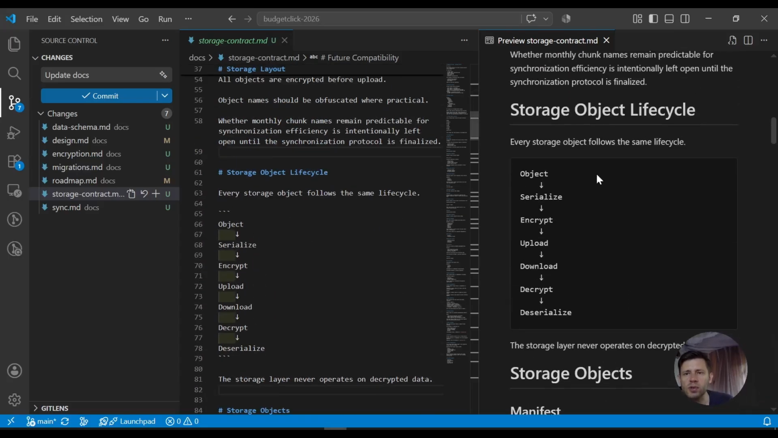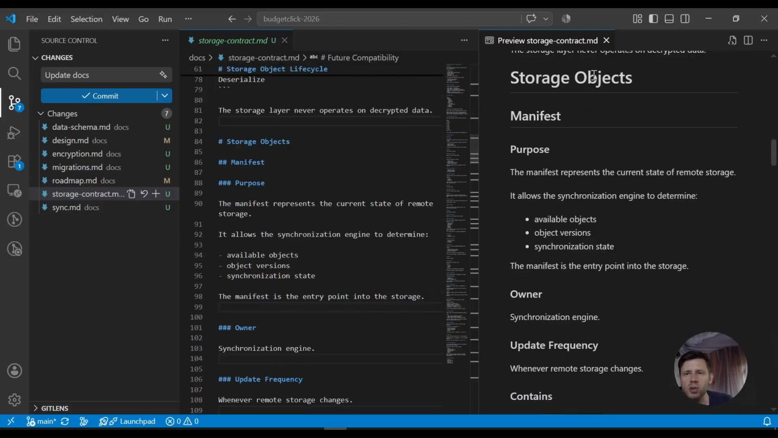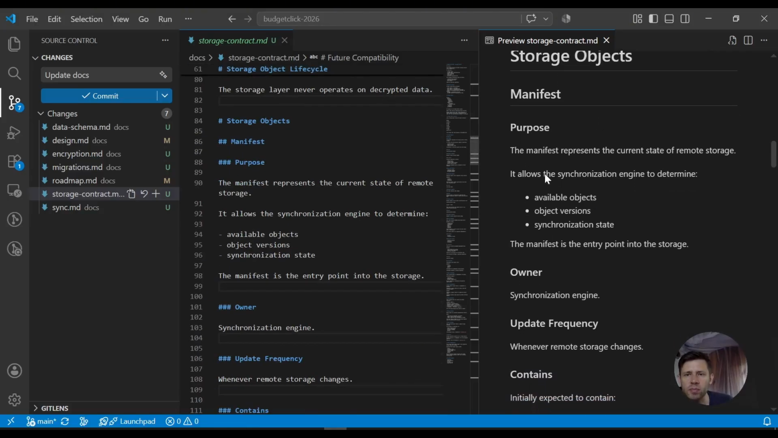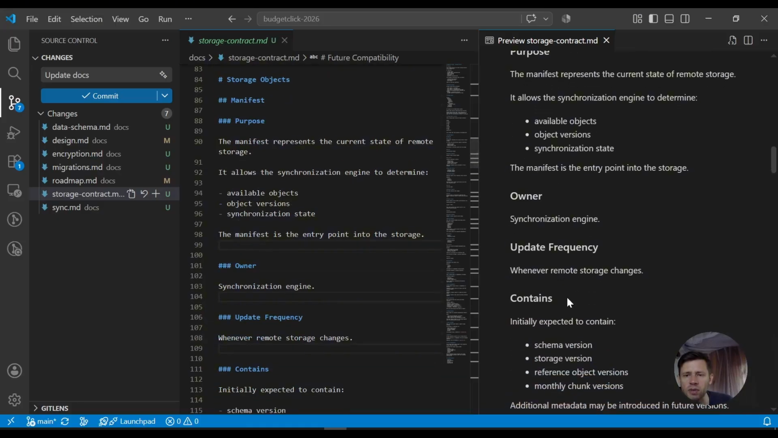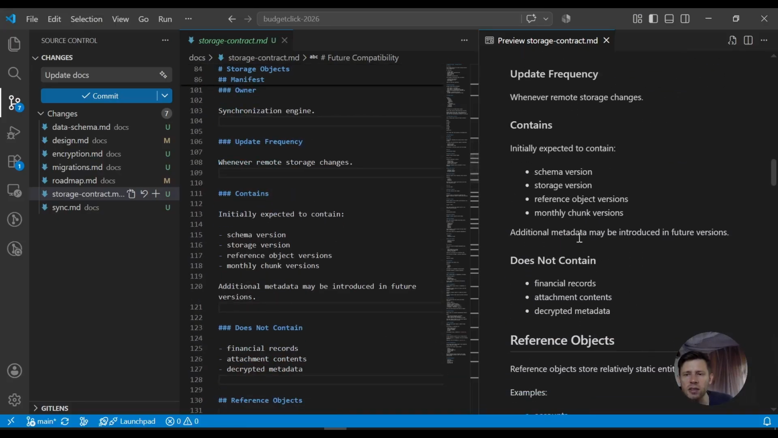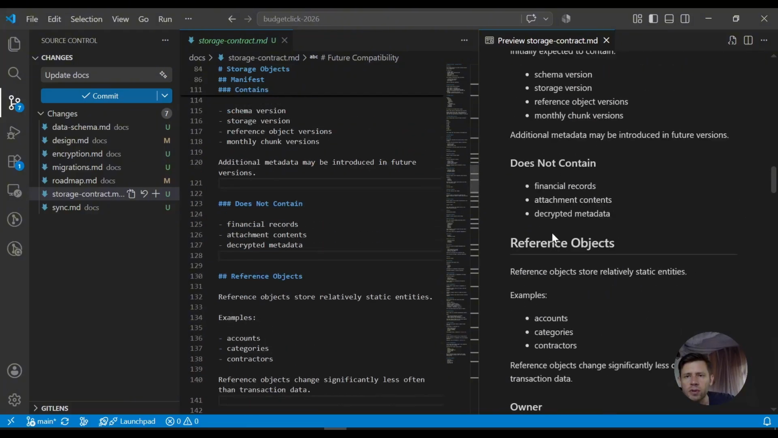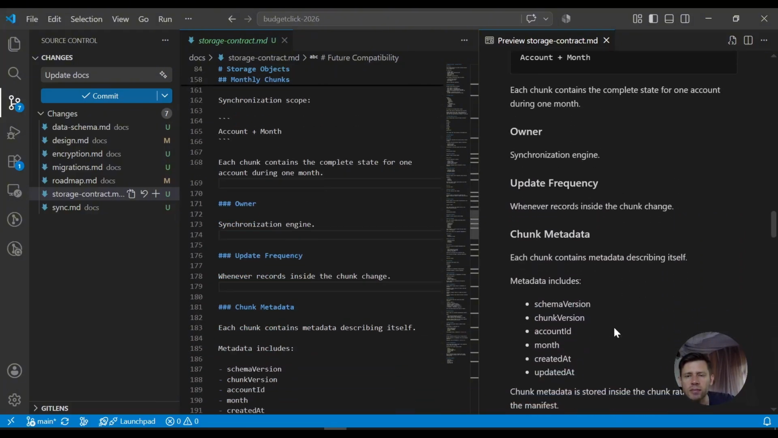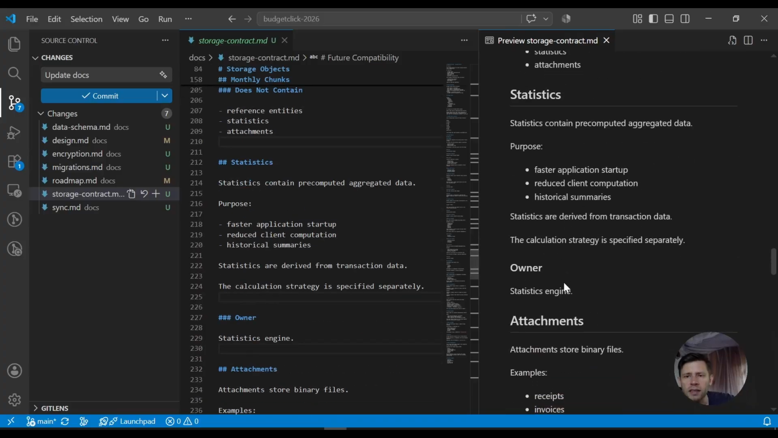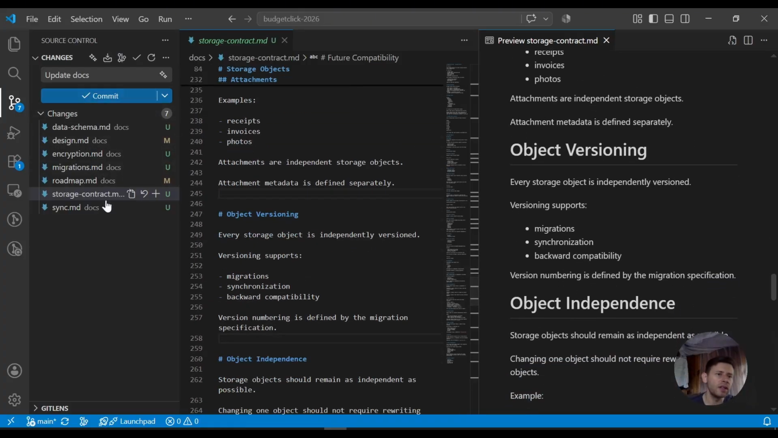Storage object life cycle, storage objects manifest. Purpose, owner, update frequency, contains. Additional metadata may be introduced in future versions. Does not contain financial records, attachment contents, decrypted metadata, reference objects. Reference objects store relatively static entities. Examples: owner, reference objects, monthly chunks, does not statistics, owner, attachments, object version. Okay, let's check